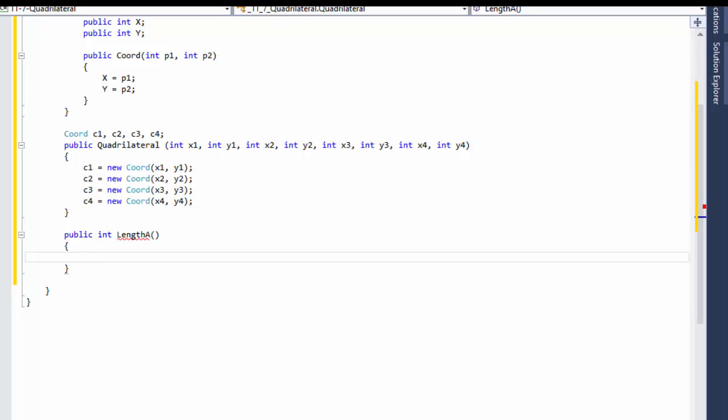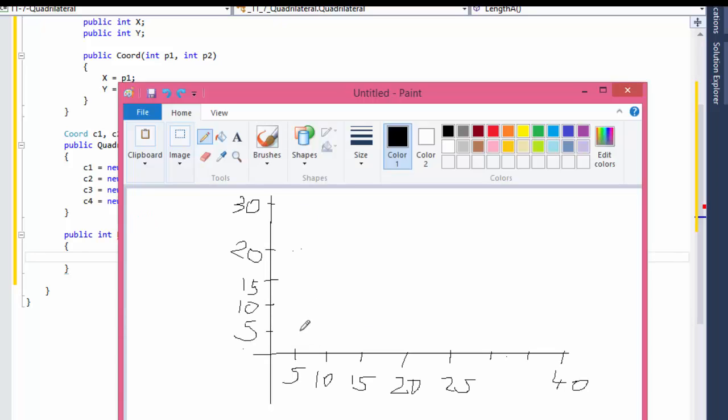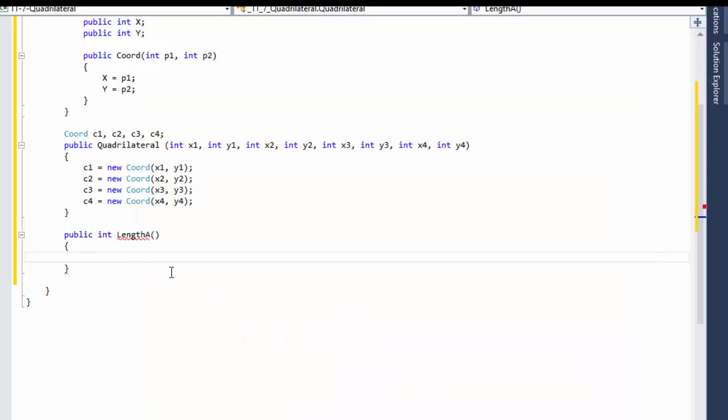So again, let's say I have 5 and 5 and 20 on x and 5 on y. Here the length is 20 minus 5, which is 15. So in order to return the length, we will return